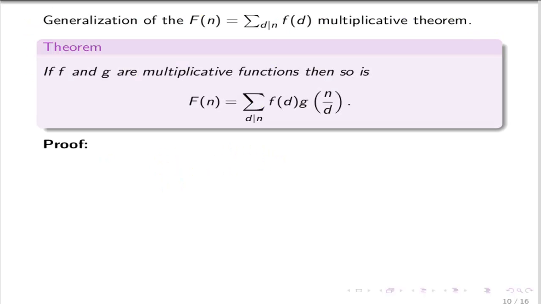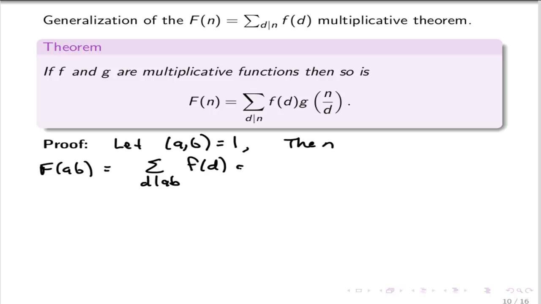There's a generalization of the theorem we just went through, and the proof is almost identical. So if we start with two different multiplicative functions, little f and little g, and I form this convolved function, the sum over the divisors of n of f of d times g of n over d, then again we end up with a multiplicative function. And so for the proof, you just say let a and b be relatively prime numbers, then the function at ab is the sum over the divisors, and notice we're just going to be repeating what we did before, which means the sum over the divisors of a and the divisors of b, f of d, g of n over d,